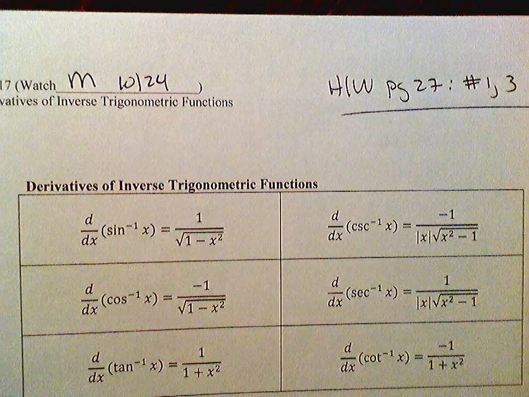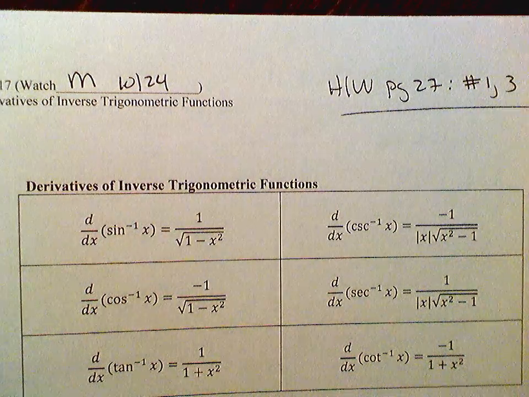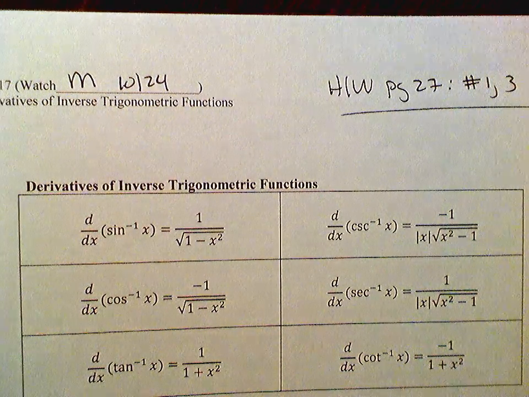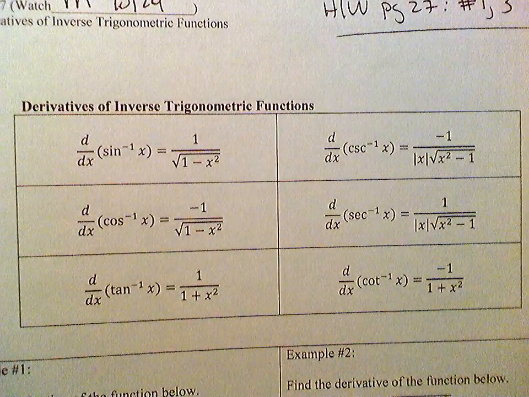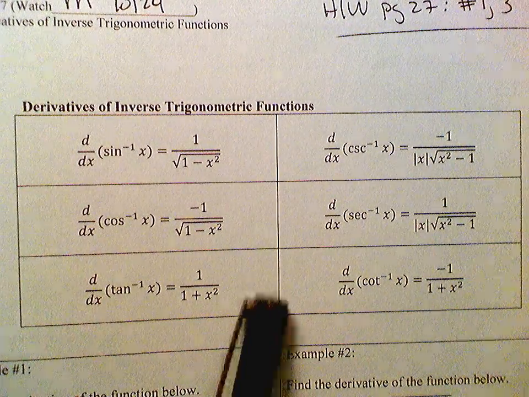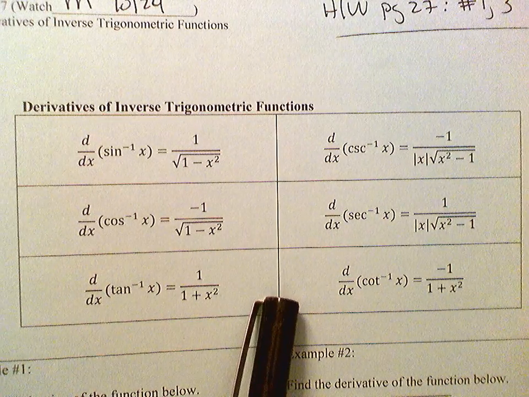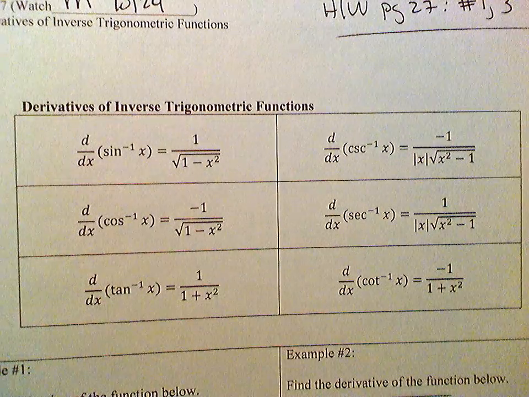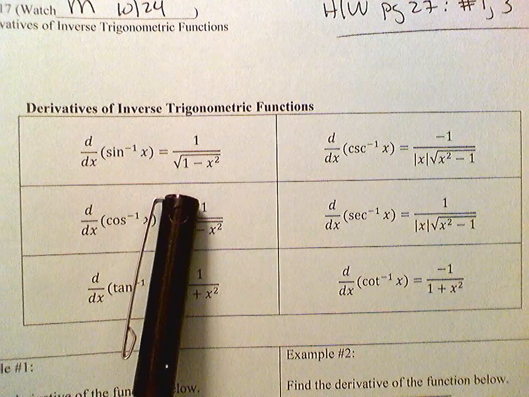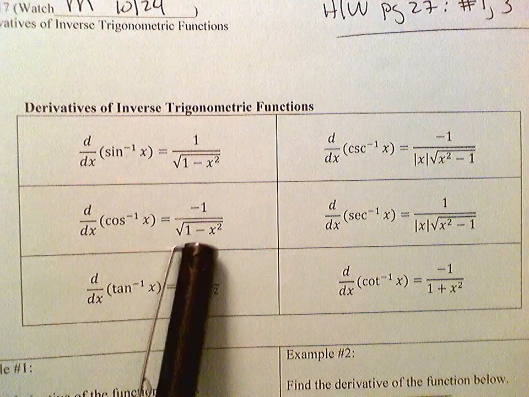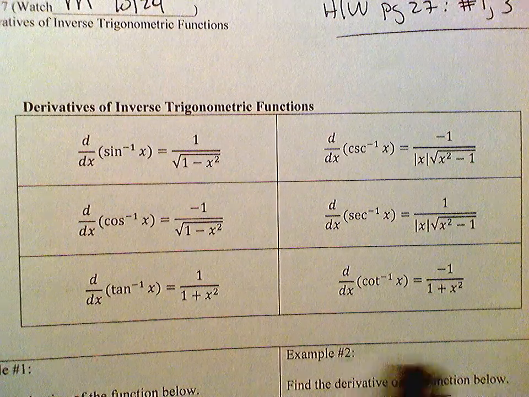Okay, so for all of the 6 trig functions, sine, cosine, tangent, and their co-functions, there's a formula for the derivative, and same with the inverse trig functions. These formulas are a little more complicated, and they also need to be memorized. So inverse sine is this one here, inverse cosine right there, inverse tangent, and then there's one for all of